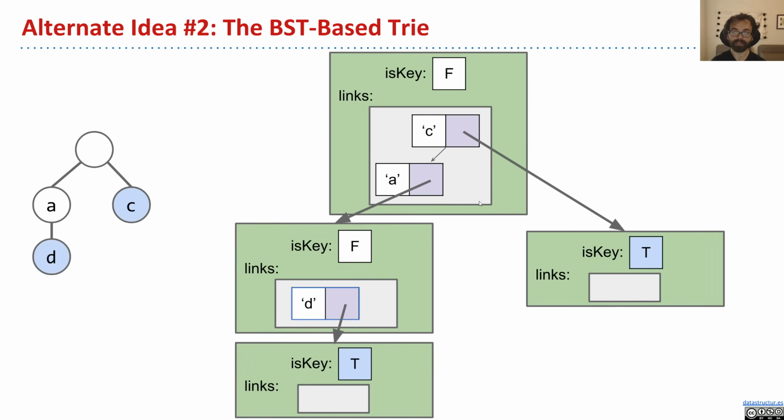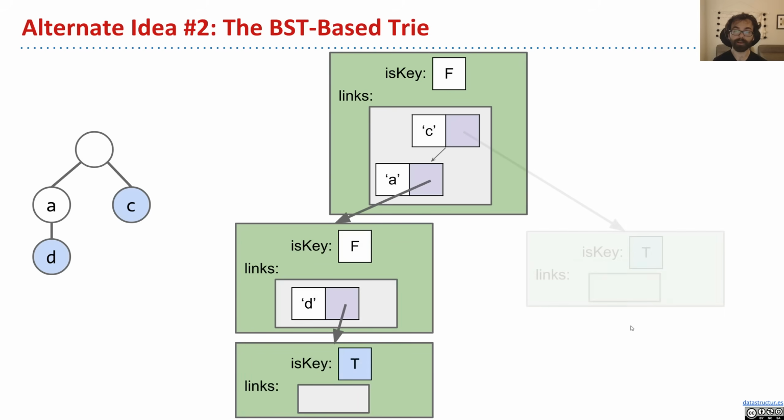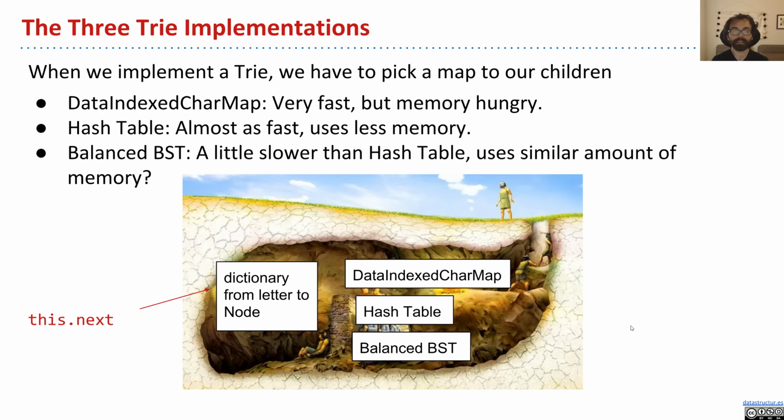And then on the other side, we have a node which corresponds to the letter C. So it is a key, and currently its tree is empty. Okay? So all of these are perfectly valid ways of building a trie, and so let's think about how we